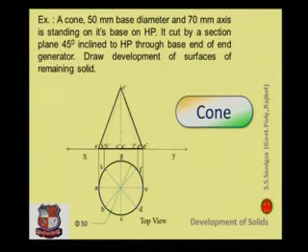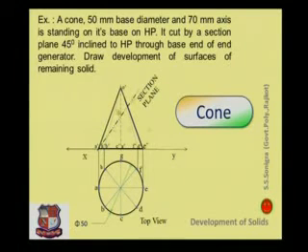And now think about the cutting plane. It is given that it is cut by a section plane which is inclined at 45 degree to the horizontal plane and passes through the base end of the generator. Here this is a generator. 8 generators are there. Here we consider O dash A dash as one of the generators. Base end means this point. So from this point we have to draw a section plane like this, and this cutting plane makes an angle of 45 degree with the XY line, and passes through the base end, that is this point A. So we have to draw this in this way.